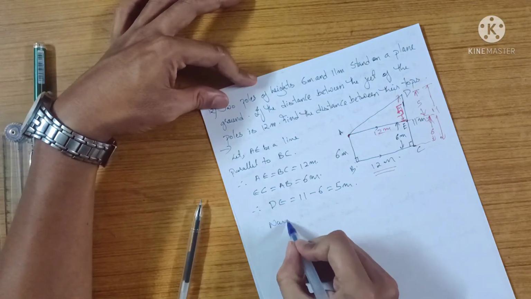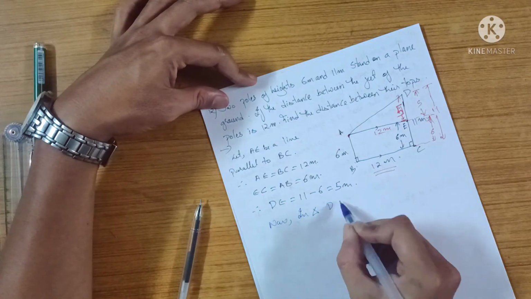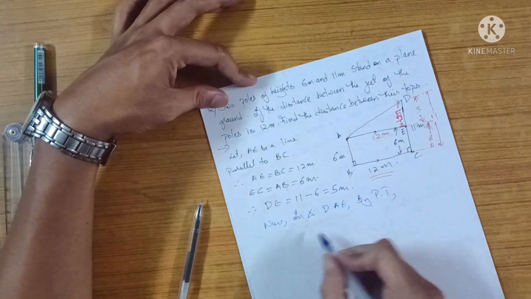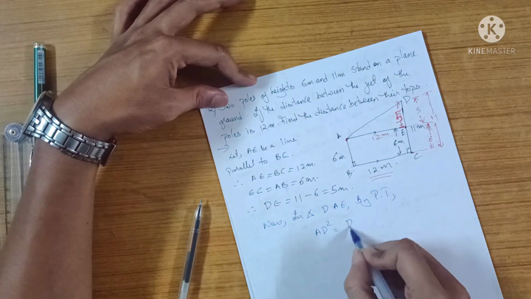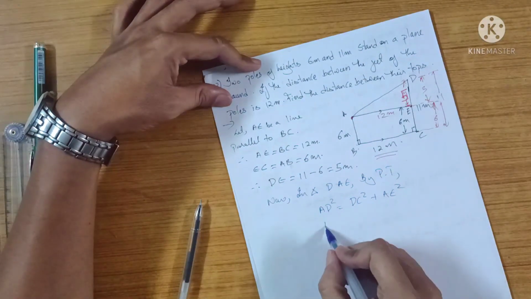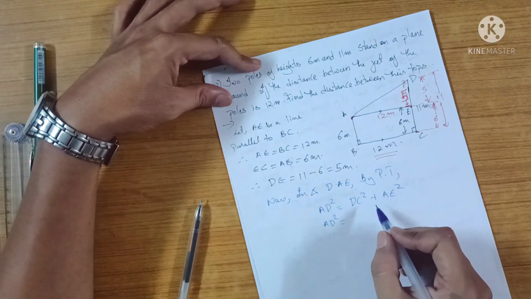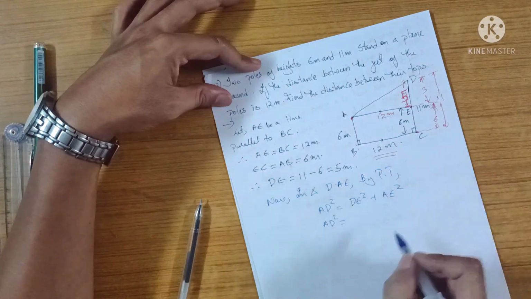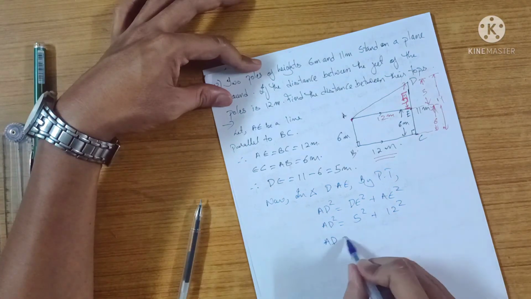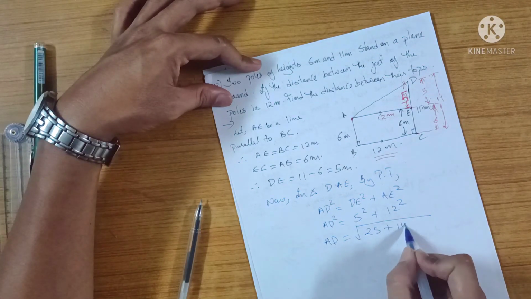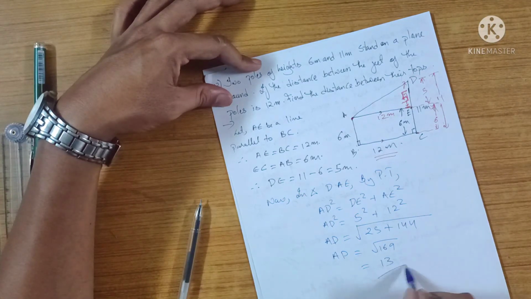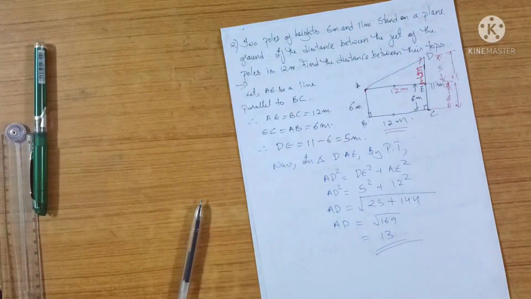Now in triangle DAE by Pythagoras theorem, we can say AD square equal to DE square plus AE square. AD we don't know, so AD square equal to DE, 5 square, plus AE, 12 square. I'll just shortcut for you. Send root over this side, 25 plus 144. AD equal to root over 169, the square root of 169 is 13. So that is the answer, and that